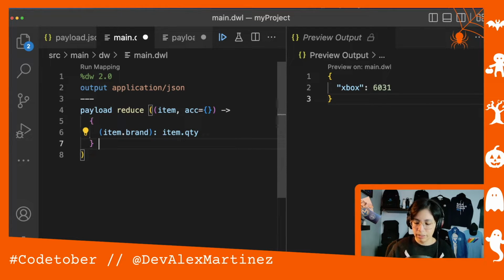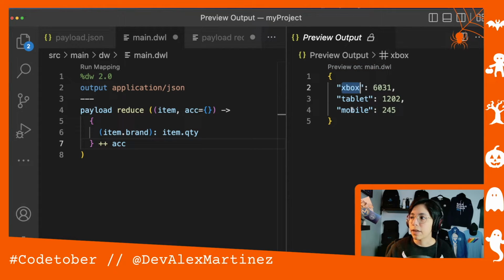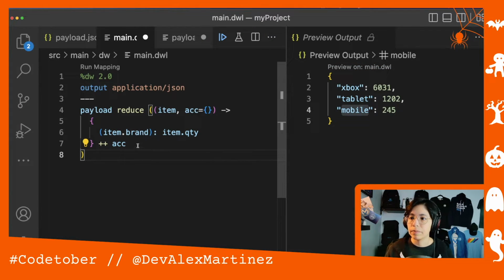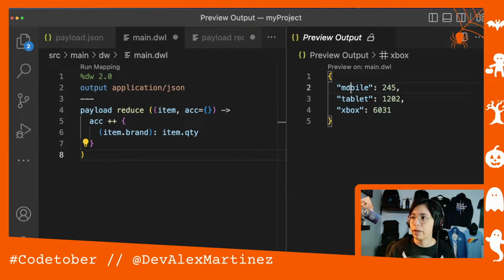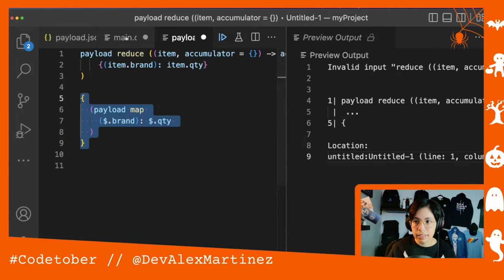So if we do it like this, plus plus AC, we will now have Xbox at the top and mobile at the bottom, instead of the other way around. Xbox at the bottom and mobile at the top. So that's one. The other one is to use a payload and do basically the same thing, but now surrounding